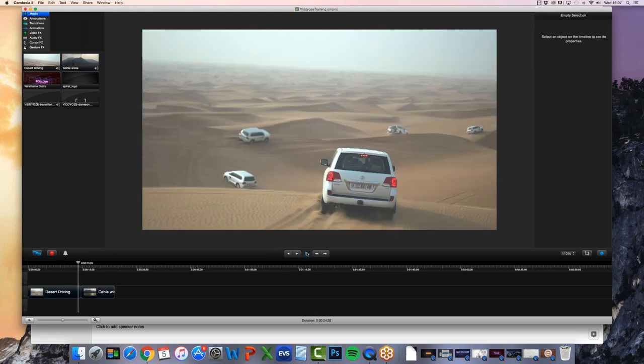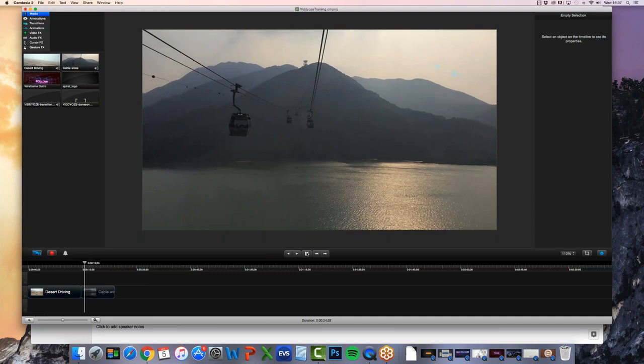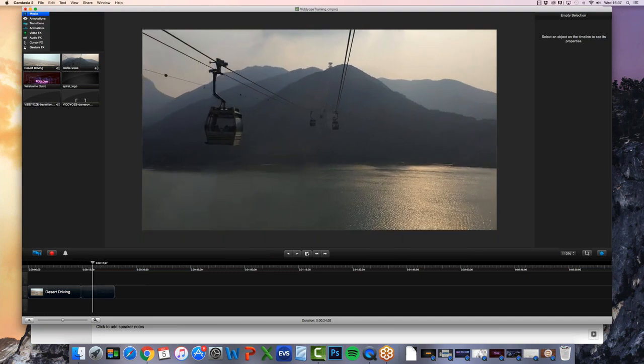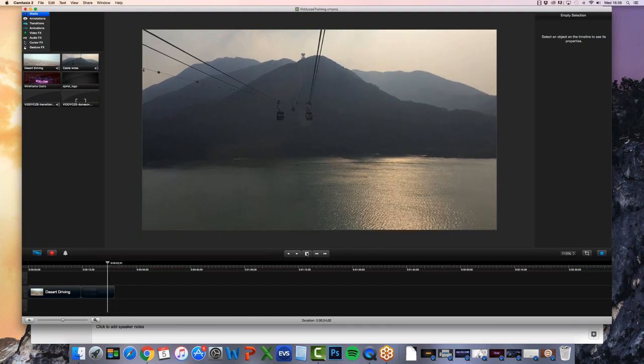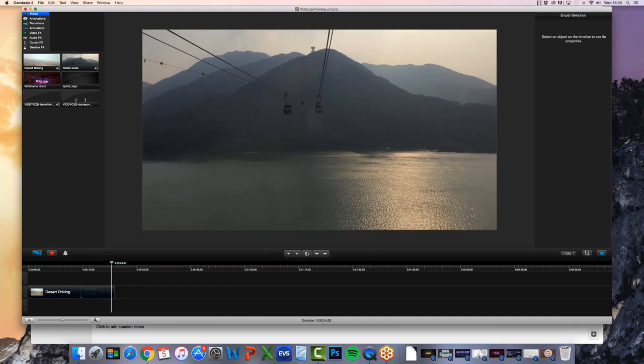So we've got this dune footage that then cuts into these cable cars going over this huge, huge lake as well. So we've got a couple of different bits of footage here. And if you're creating a video for your clients, they might send you lots of different footage. So recently I did a video for my brother who is a PT. I did that video on this particular Mac as well. I'll see if I can dig that out in a second and show you it. I did it inside of Camtasia.